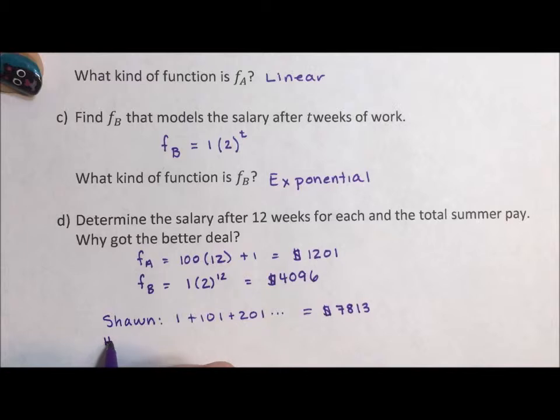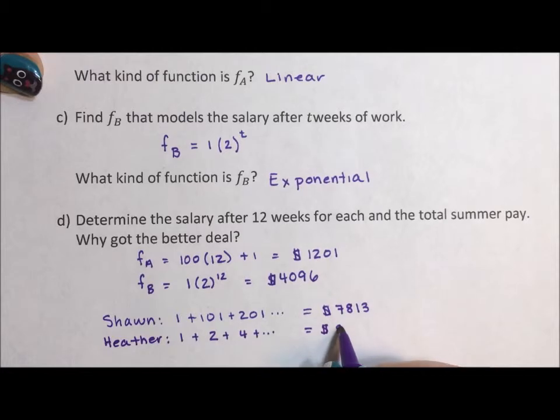For Heather, you take $1 plus $2 plus $4, and you say at the end of the summer, she gets $8,191. Now, before you call foul and say that's 13 weeks of work, not 12, the first week of training